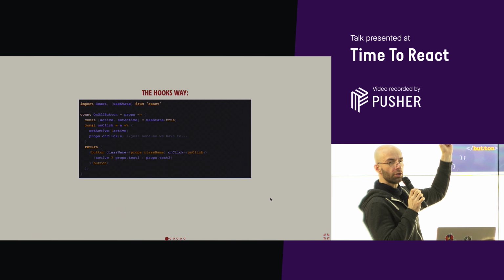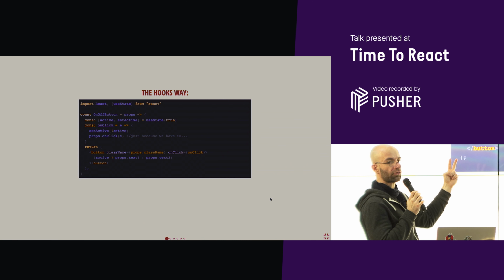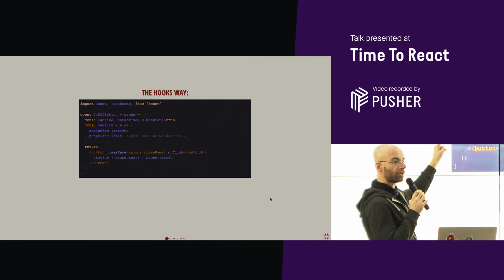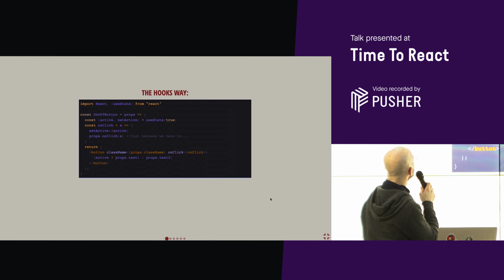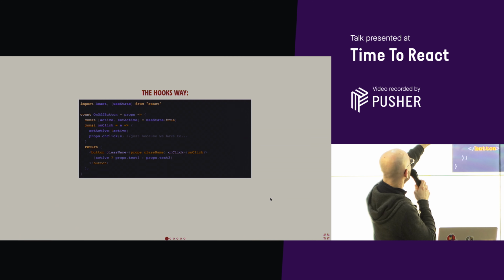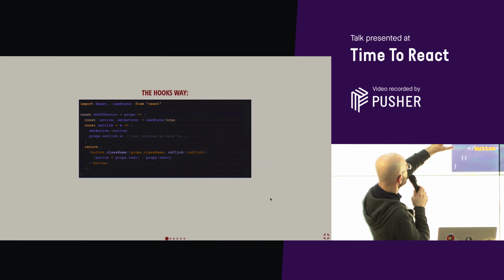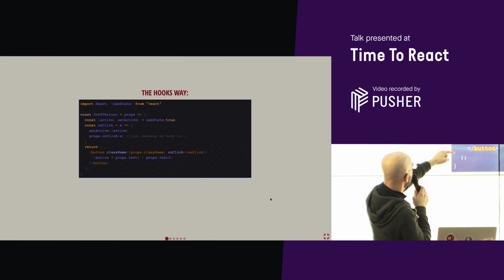As easy as that. You call it with a default value, and you get 2 things back, but you can easily destructure them using array destructuring. Then, well, we are going to create our own onClick function, and this is what we do. Our onClick now is going to, first of all, trigger our own hook, calling the setter and switching from time to time. When it's false, it's going to be true, and the other way around. And finally, we are actually going to call props.onClick.